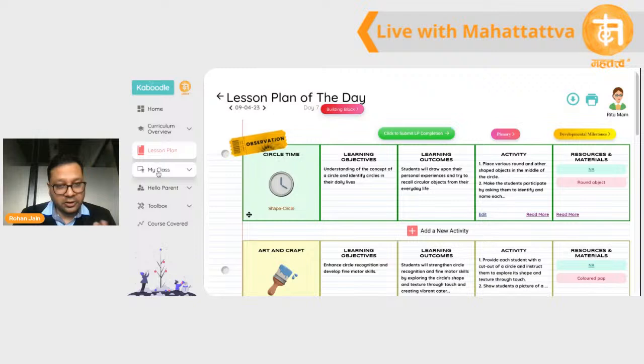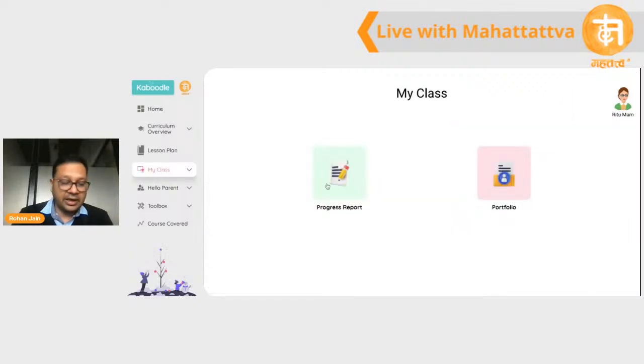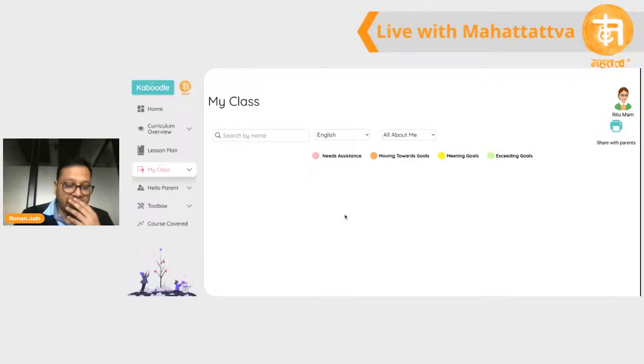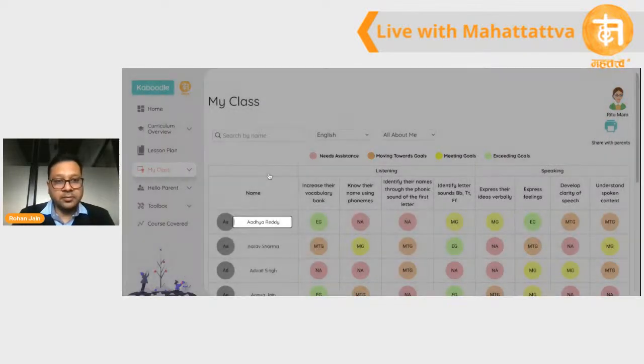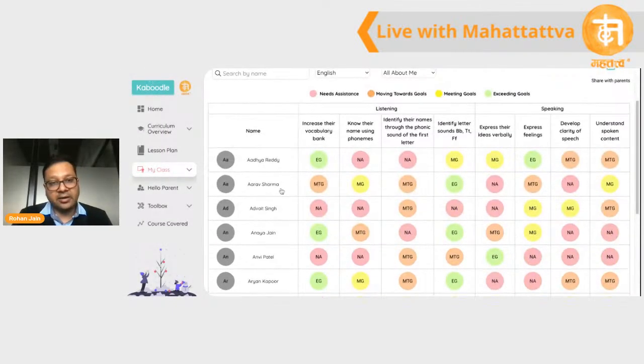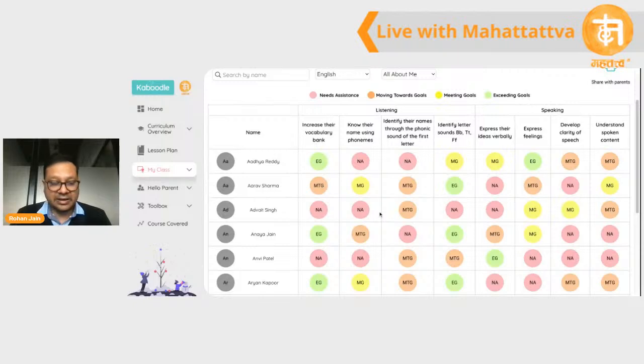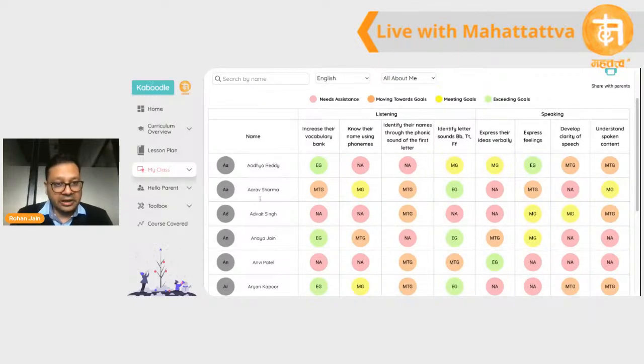Simultaneously, what happened was the teacher observed the class, marked them, and the progress card of the entire class gets generated. For each and every student, we can see this is a comparative view for the entire class. The four categories have been given: needs assistance, moving toward goal, meeting goals, and whichever category a student falls in for the particular topic,